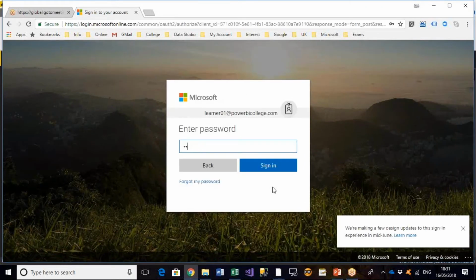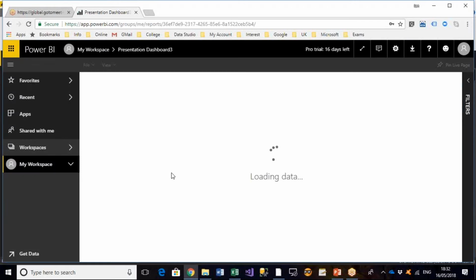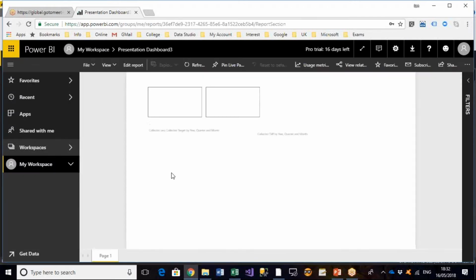It's now going to load my login here quickly. The Power BI service that has now been